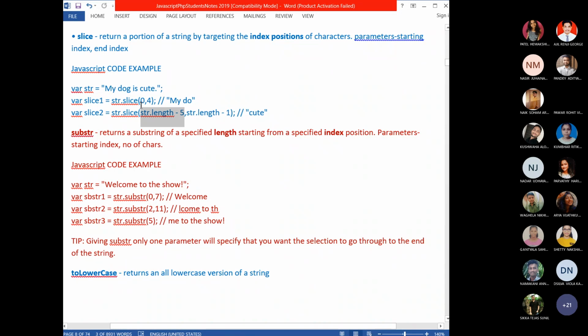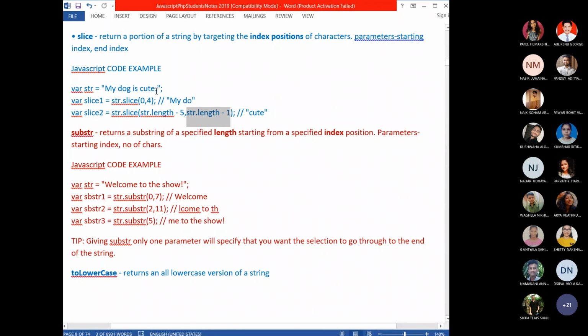So starting from the 10th index. How will you count the 10th index? From 0: 0, 1, 2, 3, 4, 5, 6, 7, 8, 9, 10. So C is coming in the 10th index. Starting from this, till what? str.length minus 1. We already know str.length is 15, so 15 minus 1 is 14.